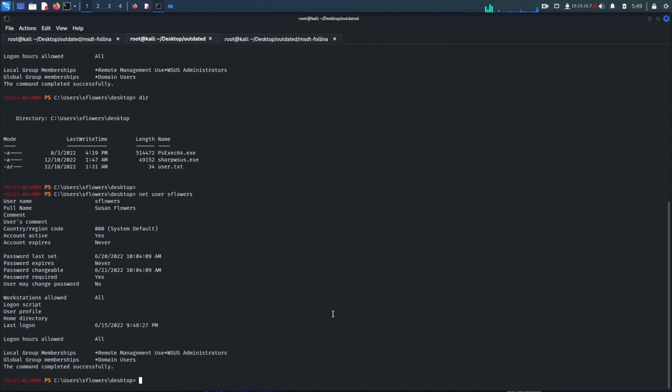Welcome back, guys. So this is the final part of the outdated Hackthebox machine, where we are going to escalate our privileges by exploiting a vulnerability of Windows Update Server, and we are going to be the root user of the domain controller. So in the previous video, we already put the sharp_versus.exe file on the target machine here, and as